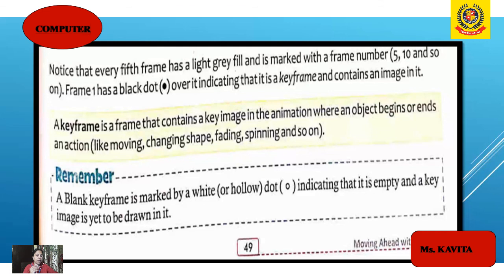A blank keyframe is marked with a white dot indicating that it is empty and the key image is yet to be drawn. The filled keyframe is marked with a black dot. Black dot means an image is there and white dot means hollow.